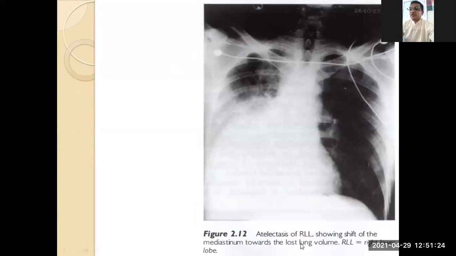Fine. Again, right lower lobe, the whole right lower lobe will be affected, and this whole thing looks white, and this is pneumonia. Because of this atelectasis, the trachea and mediastinum will be shifted towards the right side. So tracheal shift and mediastinum shift will be towards the low pressure, which is on the right side.